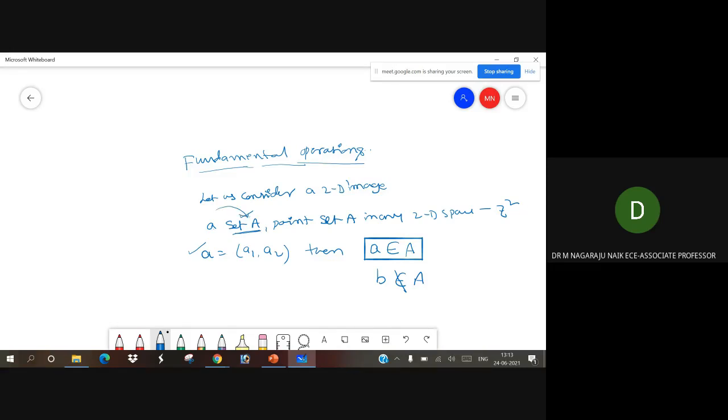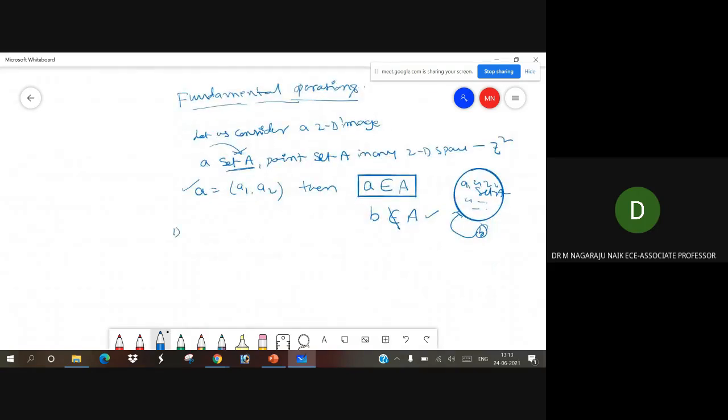A1, A2, A3 are n number of variables, but all the points or all the variables belong to set A only. So what about B? B is not presented. So B is not at all related to set A. B does not belong to A.